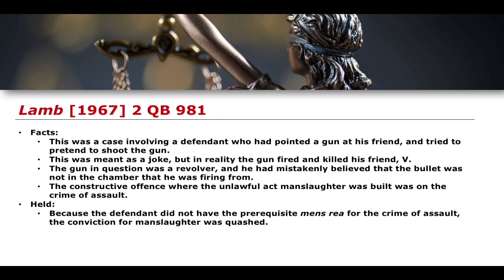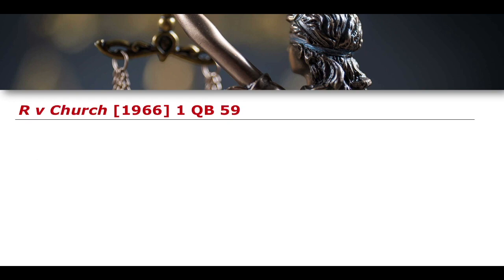So if there was no unlawful act, then therefore the conviction of manslaughter must be quashed, because you can't construct manslaughter on the basis of an unlawful act if that unlawful act can't be shown to have taken place either. So that's why we see in this case that the unlawful act is very important to be shown and to be proven quite substantially before you then go on to looking at other charges, i.e. on the basis of manslaughter.